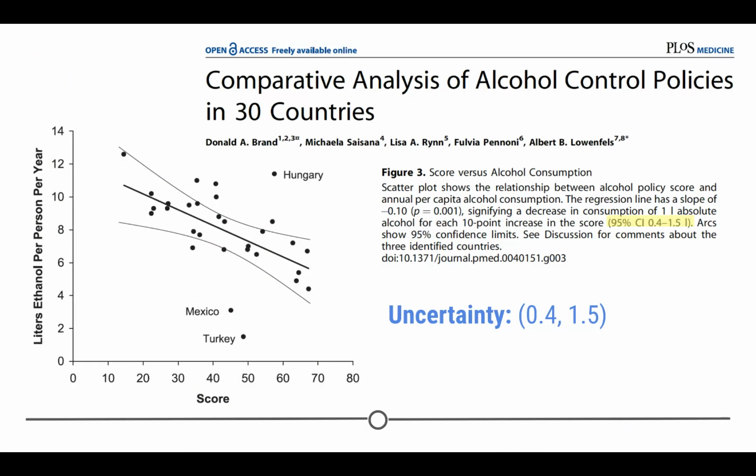Let's go back to that comparative analysis of alcohol control policies in 30 countries. Before, I had said that the point estimate was negative 0.1, which they end up reframing as a decrease in consumption of 1 liter of absolute alcohol for every 10-point increase in score. They put a 95% confidence interval around this 1 liter of absolute alcohol for every 10-point increase in alcohol policy score. That 95% confidence interval is 0.4 to 1.5. So the uncertainty around that 1 liter is 0.4 liters to 1.5